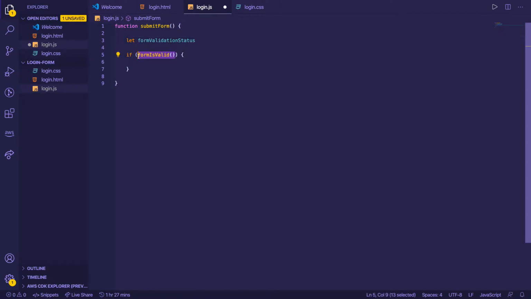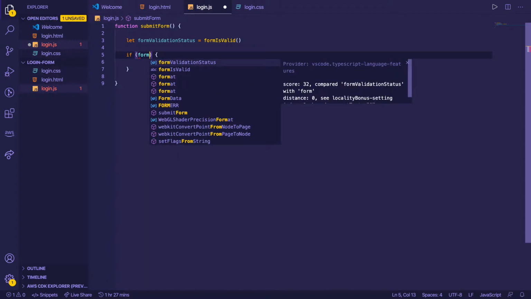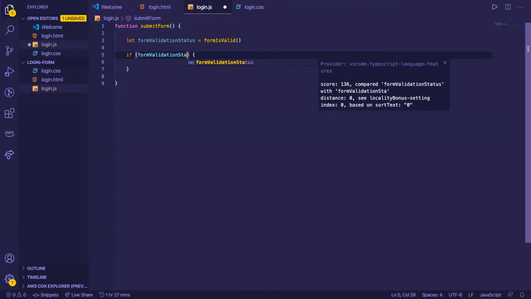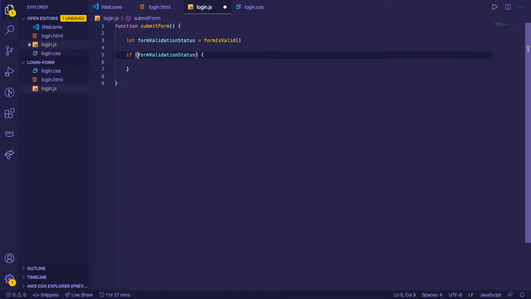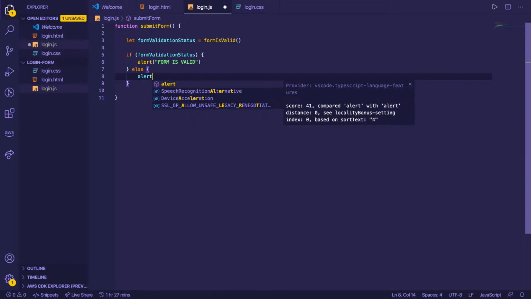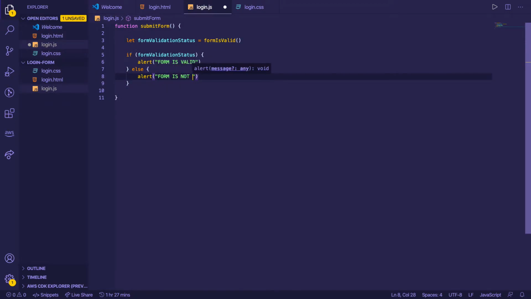We'll say form validation status equals form is valid, and we'll say if form validation status is true, means that it's valid, then we're going to say form is valid, otherwise form is not valid. You could ask a dozen different people and probably get a dozen different answers about how